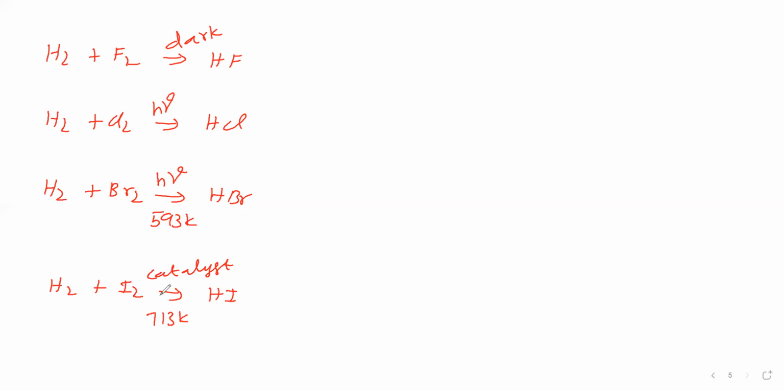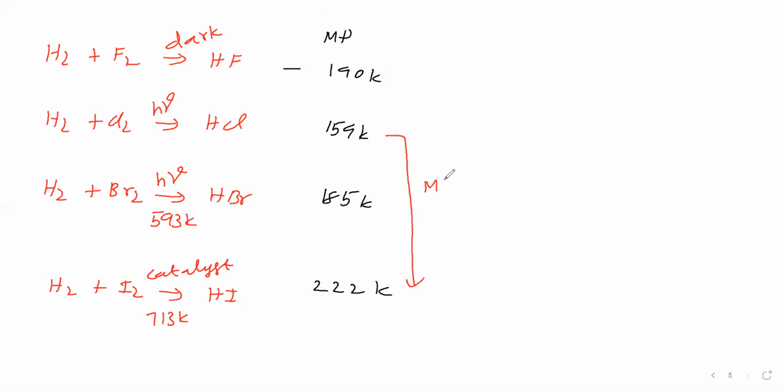So next we'll talk about hydrides of halogens. How the melting point, boiling point and so on vary for hydrides of halogens, that we'll see. Now first we'll see melting point. The melting point of HF is 190 Kelvin, HCl 159 Kelvin, HBr 185 Kelvin, HI 222 Kelvin. So how the melting point varies, you see, from HCl to HI, melting point increases because size